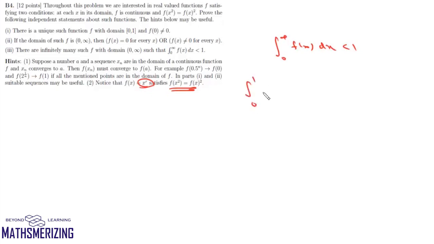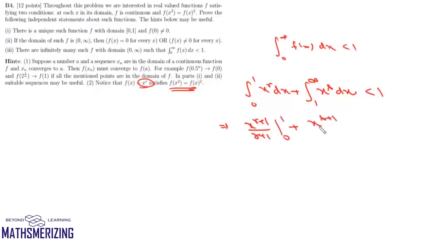We can write this as the integral from 0 to 1 of x to the power r dx plus the integral from 1 to infinity of x to the power s dx, and this value should be less than 1. Now we'll integrate them, we'll get x to the power r plus 1 upon r plus 1 from 0 to 1, and then plus x to the power s plus 1 upon s plus 1 from 1 to infinity. Now we'll put x as 1, it'll be simply 1 upon r plus 1, and we'll put 0 here. This value should be bounded, and it'll be bounded when r plus 1 is greater than 0, that is, the value of r is greater than minus 1.